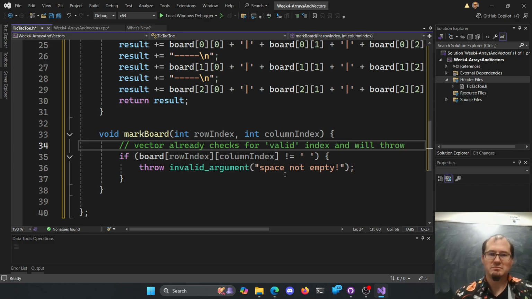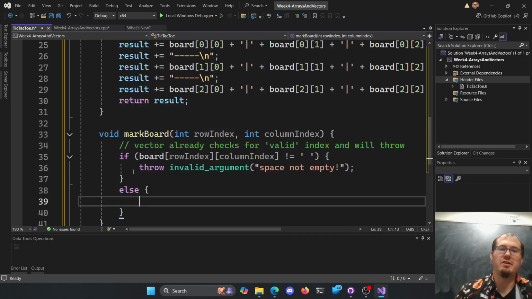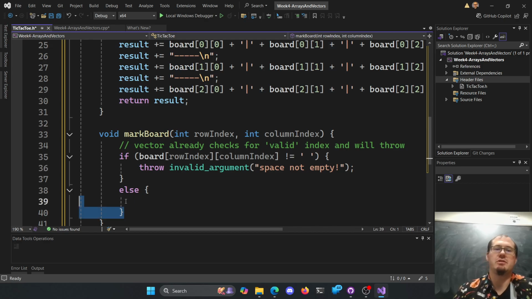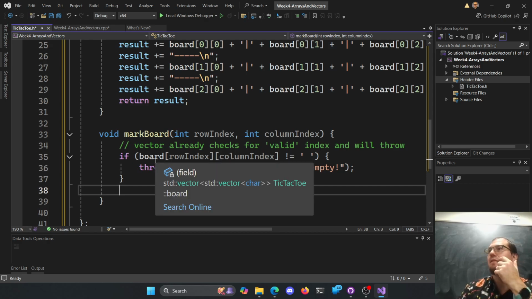We'll throw. Okay, so if we didn't throw, now a lot of people here put the else because they started an if block. It's redundant. You don't need to at that point here, right? Because if you throw, your code stops. Game over. It doesn't get any farther here. So the else is redundant. Save yourself 2 lines of code, 3 lines of code, a little bit of typing here, and just don't bother,